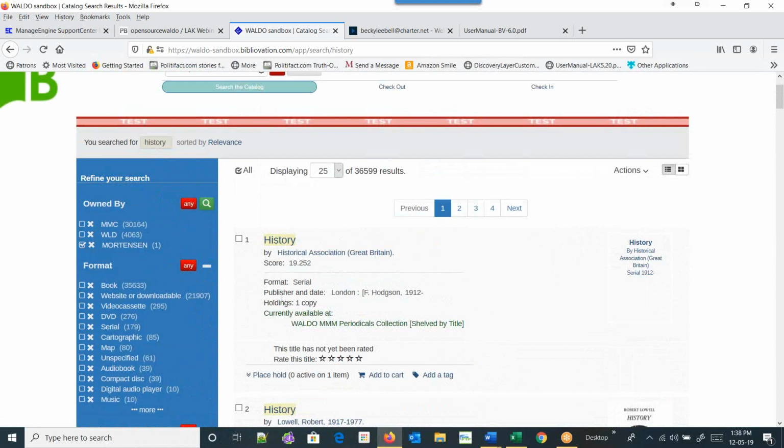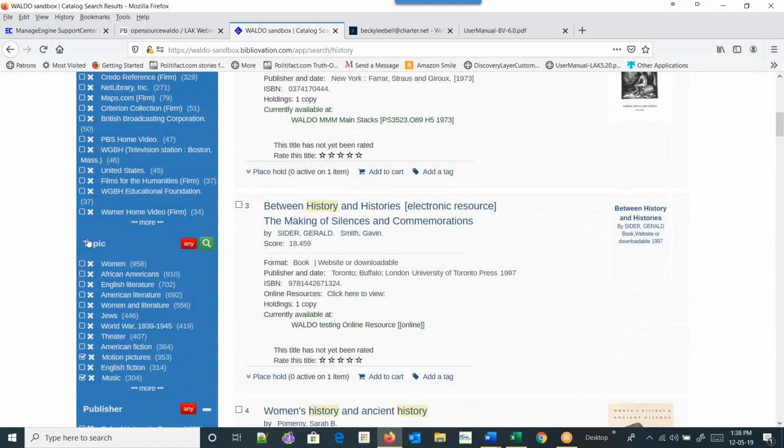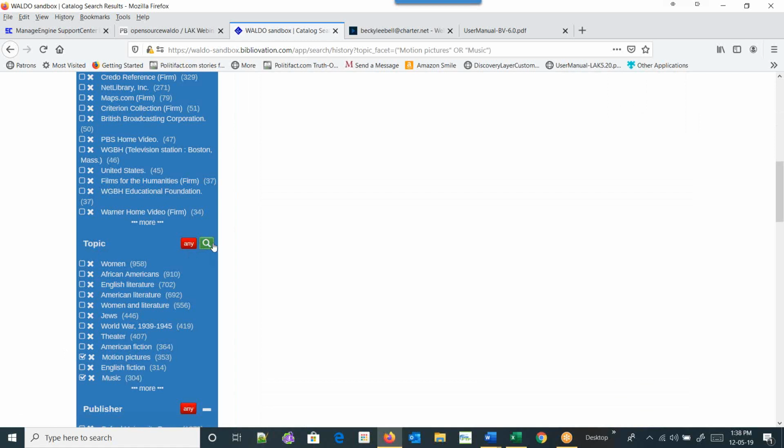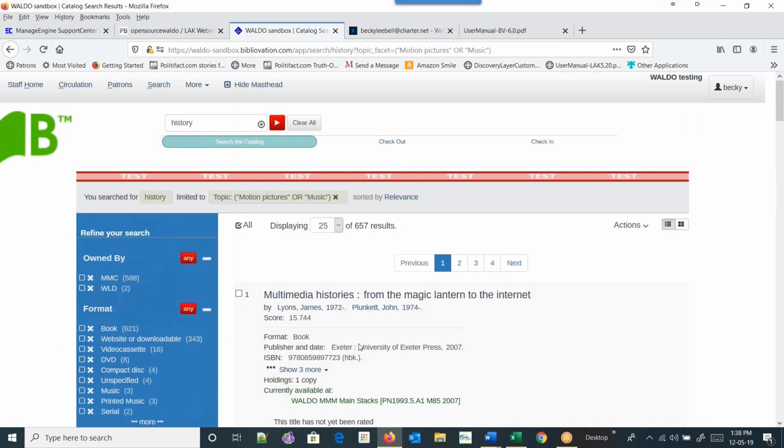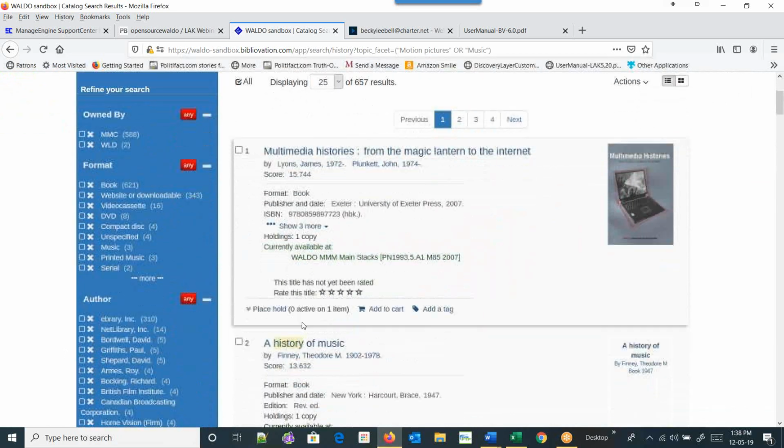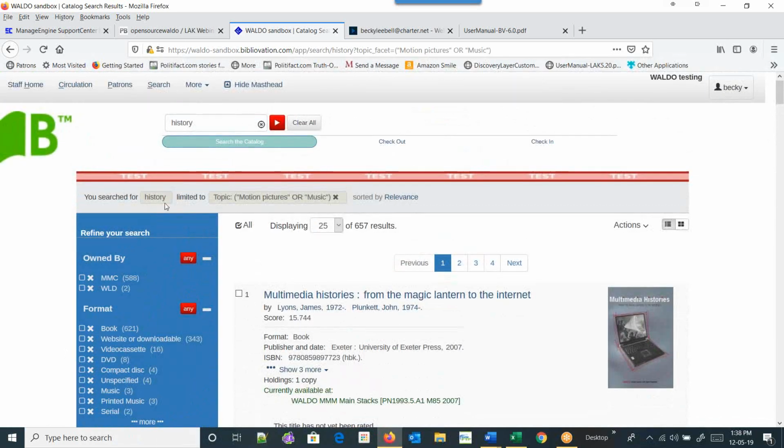Oops, I want to make it like this. And then, because I started with my check marks and topic, there's now a green search bar. Yes, I know, Ben. It takes a little bit of practice to figure out how this is working, even with the information in the user manual. But you will see then that our history is limited to just in the topics, and that's why I chose the topics first.